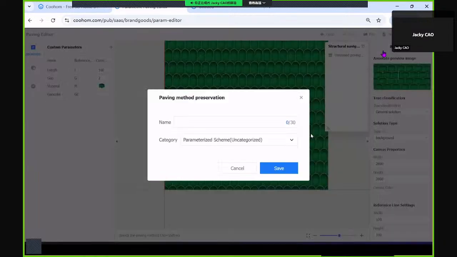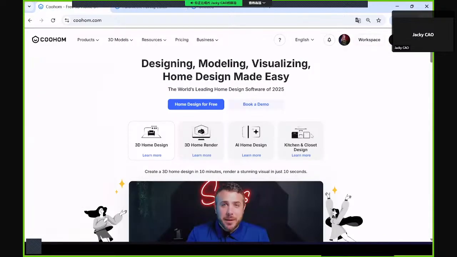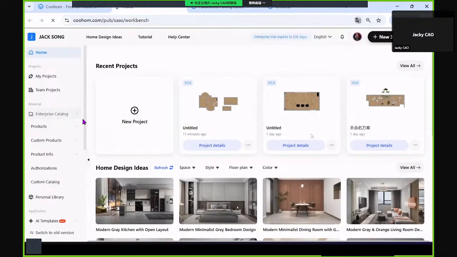file, save. Save with the name demo. Okay, save. And don't forget, this is not finished. You only save in the storage. Now you only save in your backstage. In your backstage, paving,